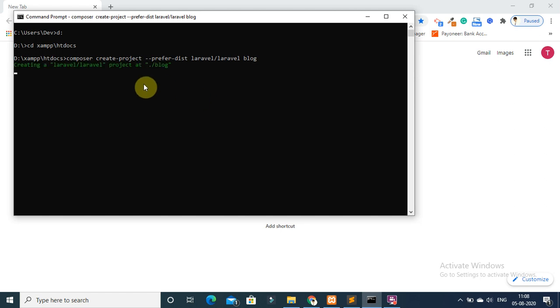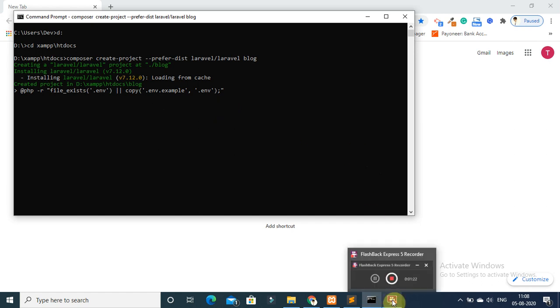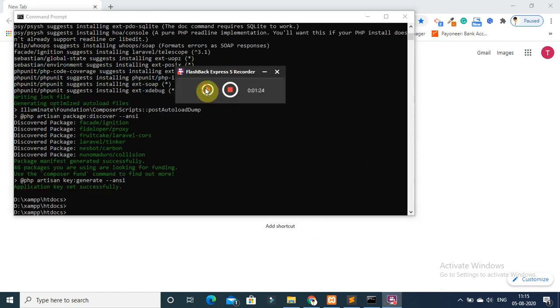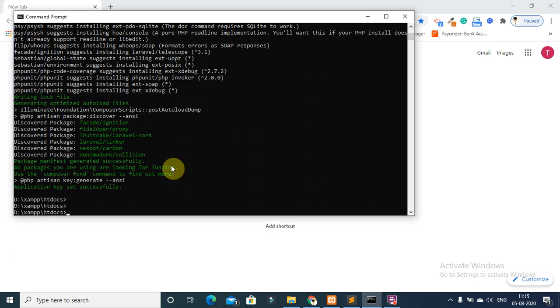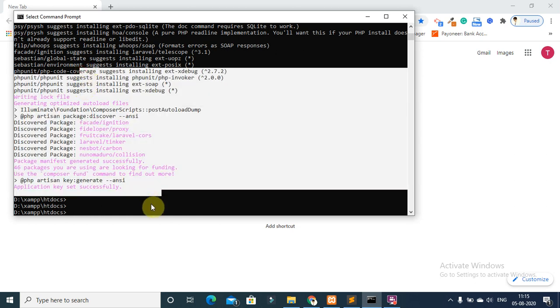Now you can see that a fresh Laravel project is installing in our XAMPP directory. So wait a few minutes until the installation completes. Now you can see that the fresh Laravel setup has been successfully installed in our system.